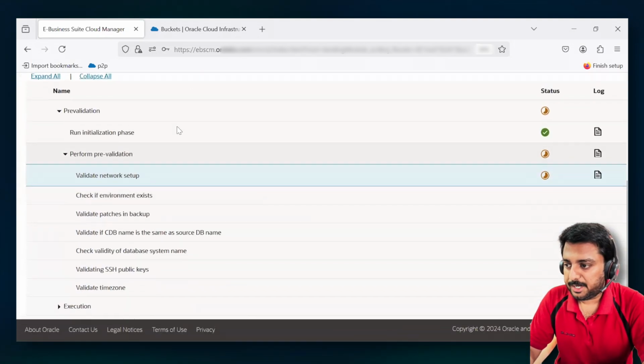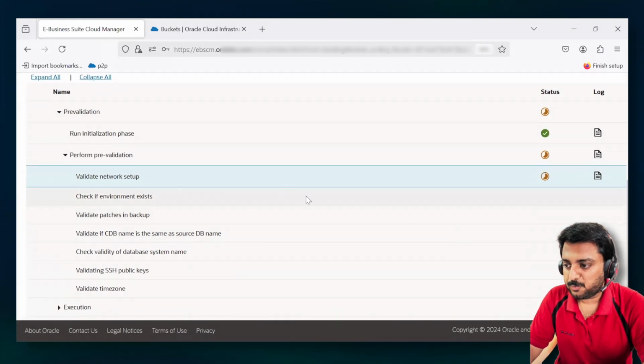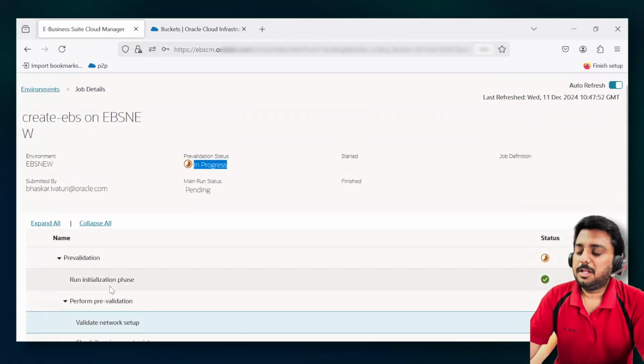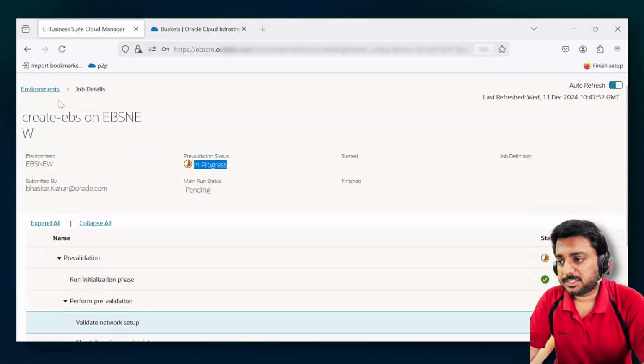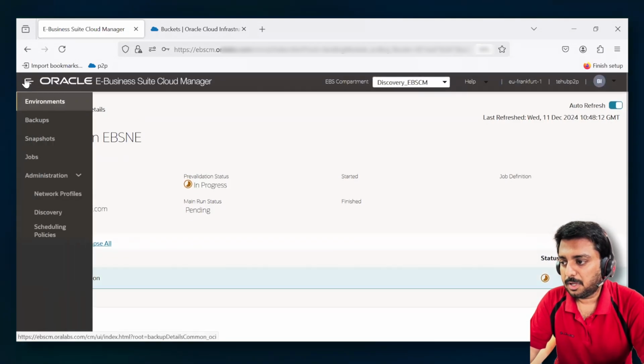See, now the pre-validation is completed. It's done with the initialization phase, which is completed, and it is validating the network setups. And then once the validation is done, the execution is completed and the provisioning is completed, you will see this instance under your environment. So if you go from the navigation menu and click on the environments here,